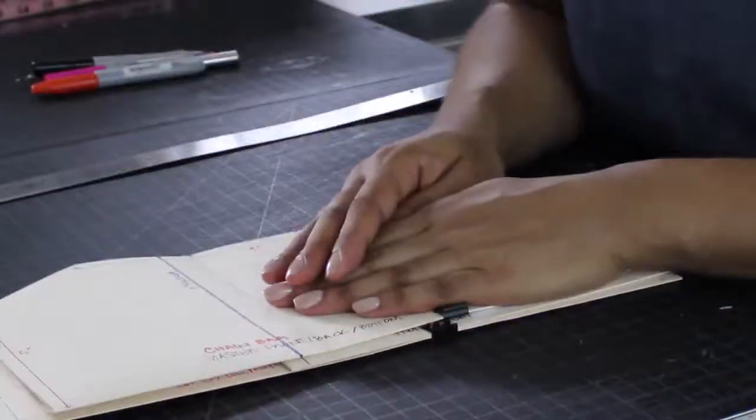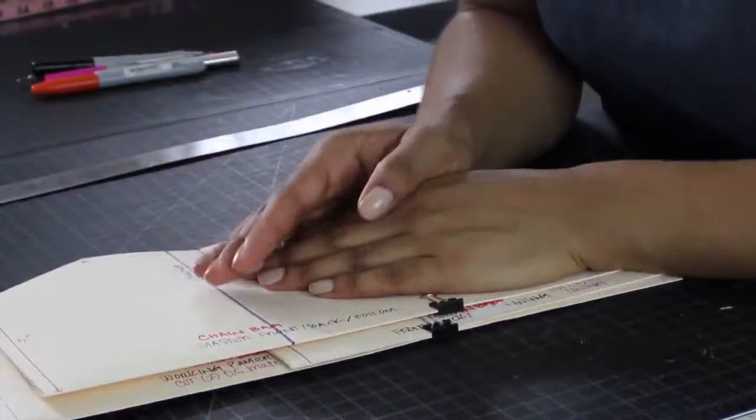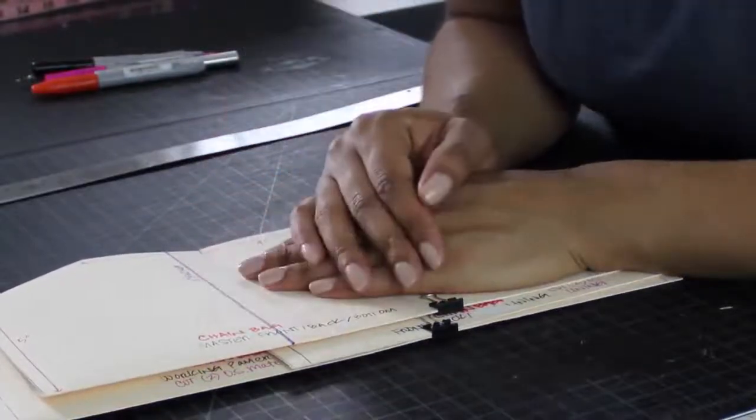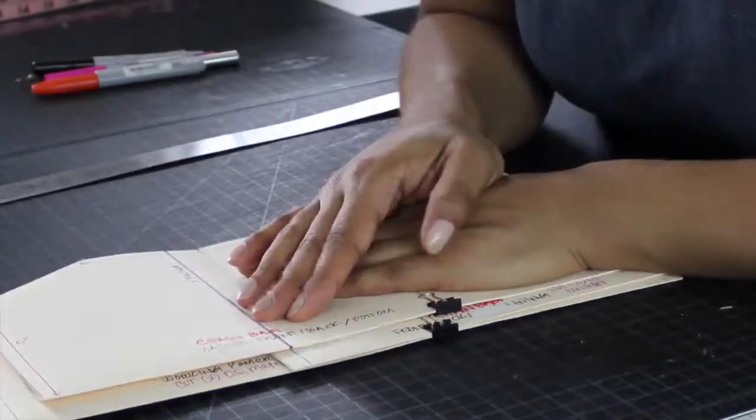Well, party people, that is it. We are done with the pattern making component of this particular tutorial. Congratulations for making it this far. Without further ado, we can go to